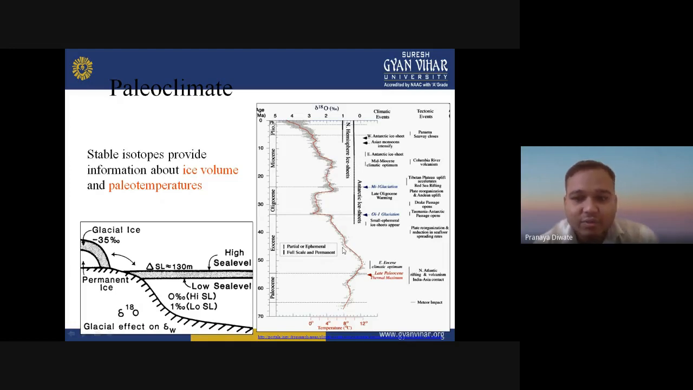And this one is about the temperature. Temperature will govern the delta 18 O value. So if you have an anomaly of 8 degrees Celsius, your delta 18 O value is around 0 or 1. So your delta 18 O value is shifted from positive to negative, or likewise, according to the climatic